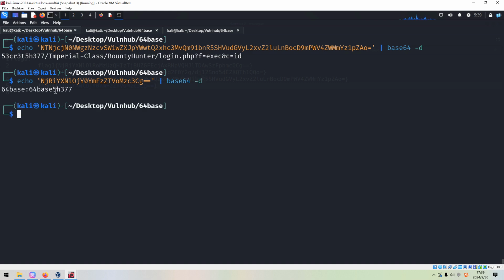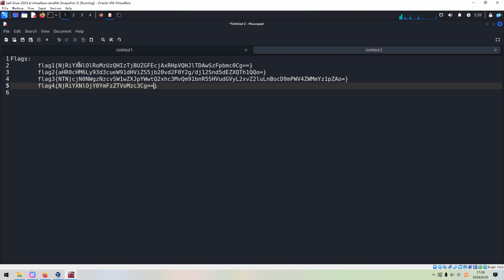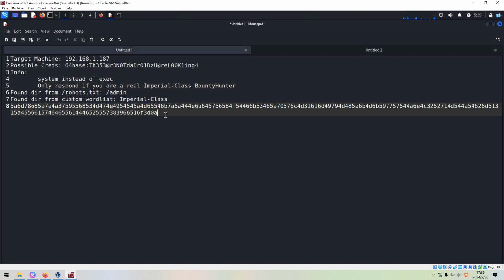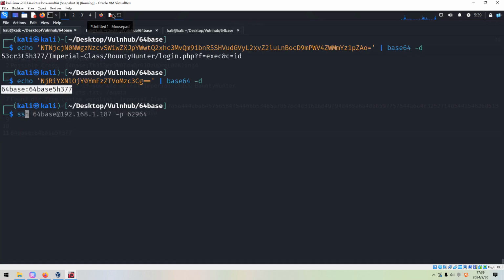Okay, I think now we have already got another credential we can copy and put over here. So this time, this should be the username, right, as this one. This time we can use this credential to SSH to the target again. And we can SSH, and we can copy this password.